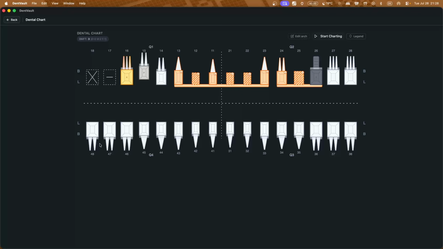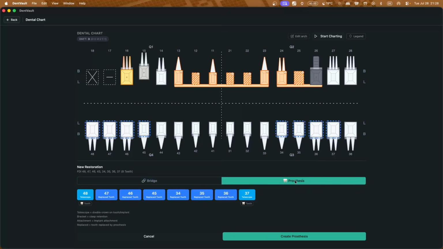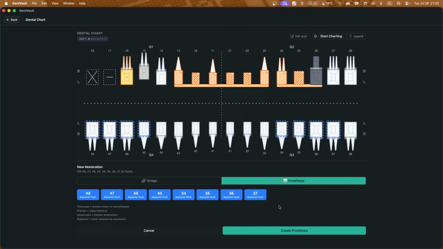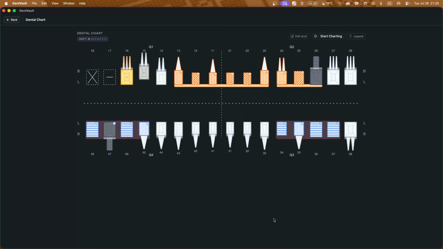Then you can also create prosthesis. Let's say this one person has these 2 sides of back teeth, so in the back of the mouth missing. So you can select multiple teeth with shift, and then it auto selects into prosthesis, and then you can click them and say, yeah, this is replace tooth. So basically a removable prosthesis. But let's say these are telescopes, and this one also a telescope, but on an implant, and then you can create the prosthesis. And of course you see, it is shown a little bit different with these square, red